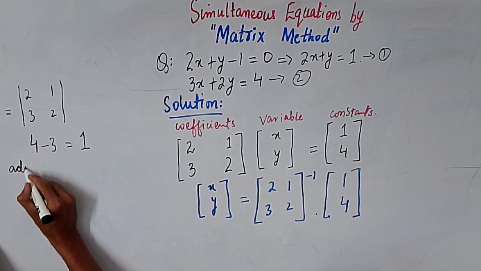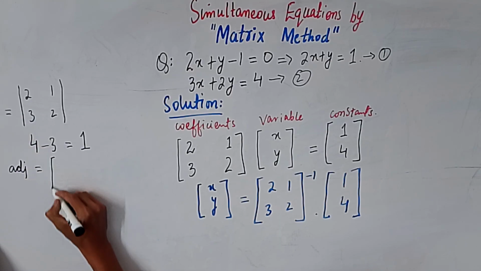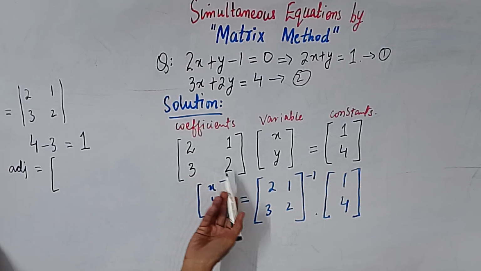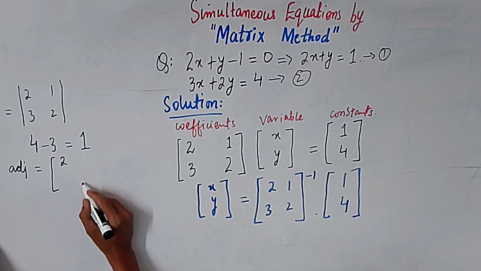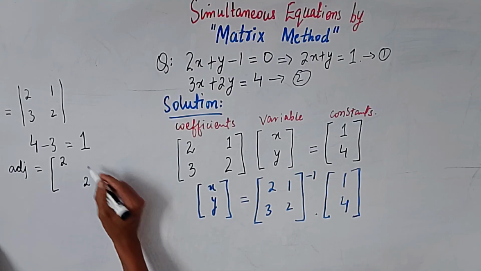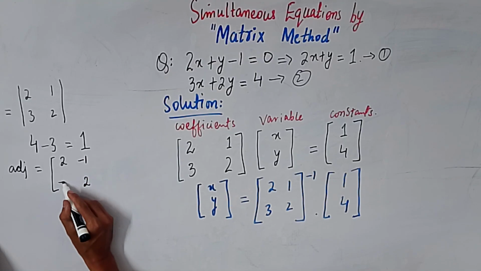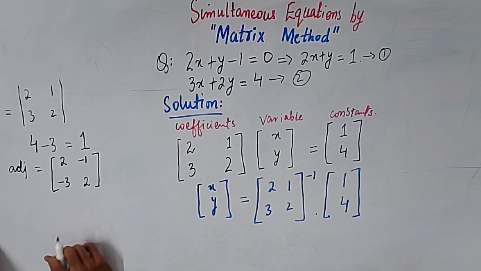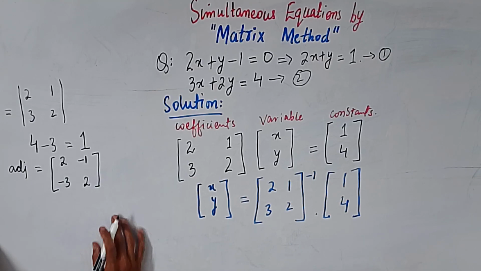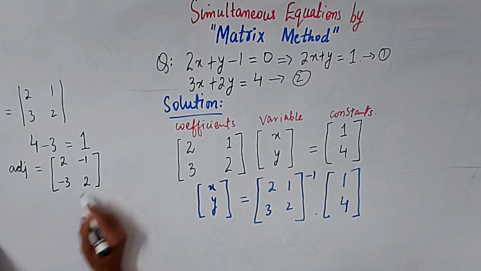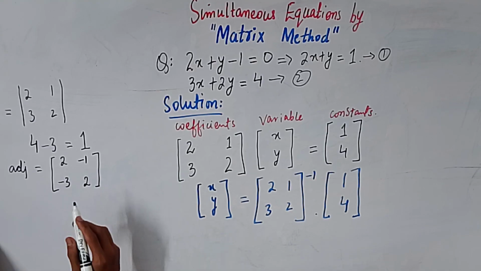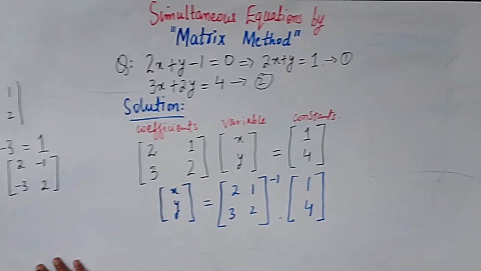The adjoint of this matrix is, you will swap the diagonal elements. They are already the same, so after swapping it will remain as it is, and you will change the signs of the other two elements of the matrix. So this is the adjoint. Now the good thing over here is that the determinant is 1, so if you divide anything by 1, it will not change. So it means that the inverse of this particular matrix is